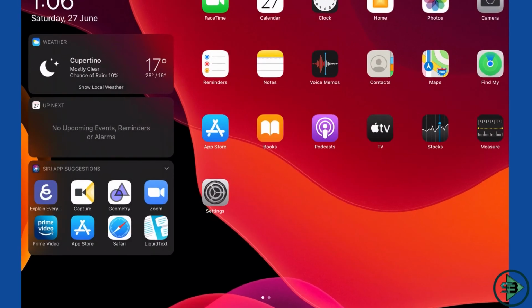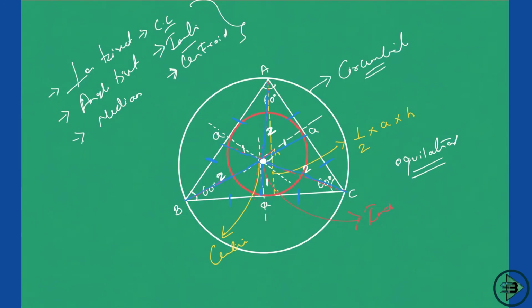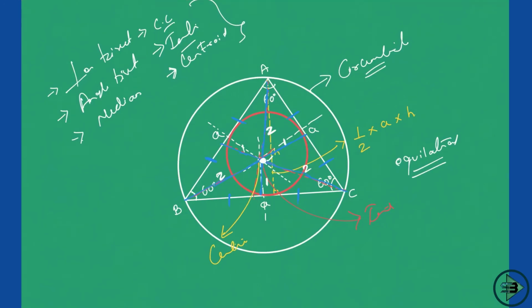Now from this, why did we study all this? Because we want to come here. Now from this, what do you know? You know what the area of an equilateral triangle is. That is equal to half into base into height, right? We know that. Now base is A. Now what is the height of an equilateral triangle? We have studied this in geometry. That is always equal to square root of 3 by 2 into A.